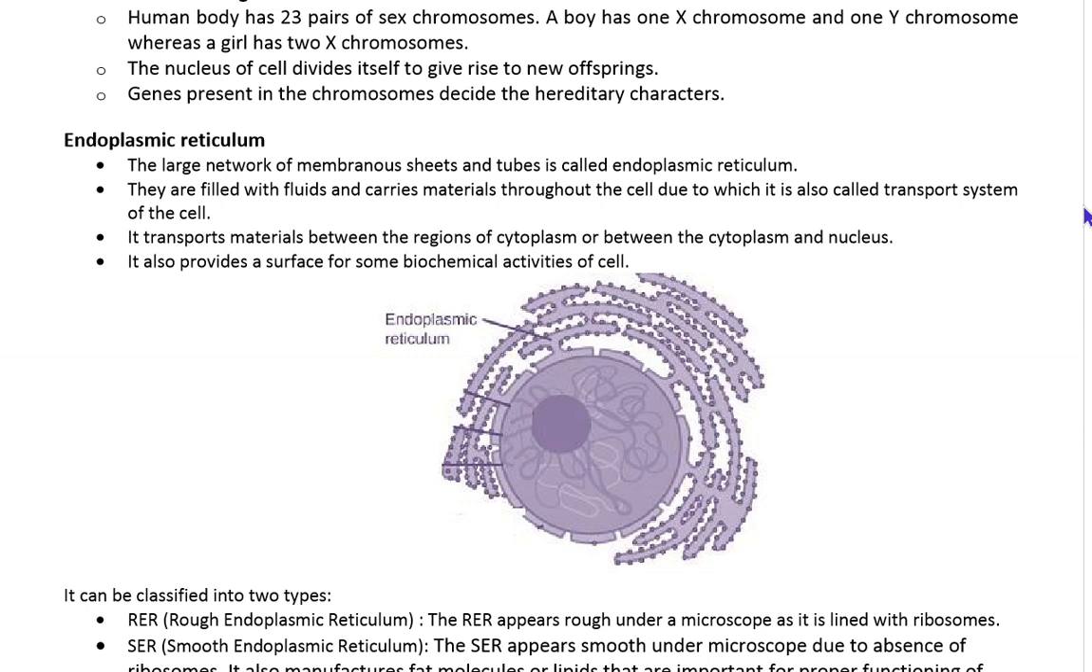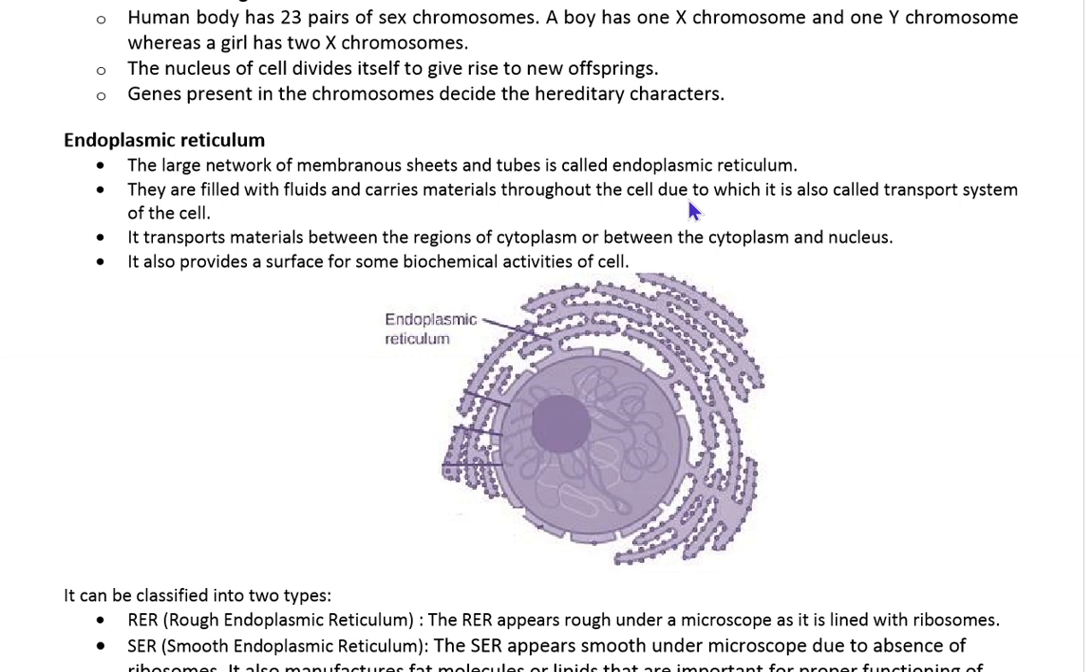The next cell organelle is the endoplasmic reticulum. The large network of membranous sheets and tubes is called the endoplasmic reticulum. So they are generally found near the nucleus. They are filled with fluid and carry material throughout the cell, due to which it is also called a